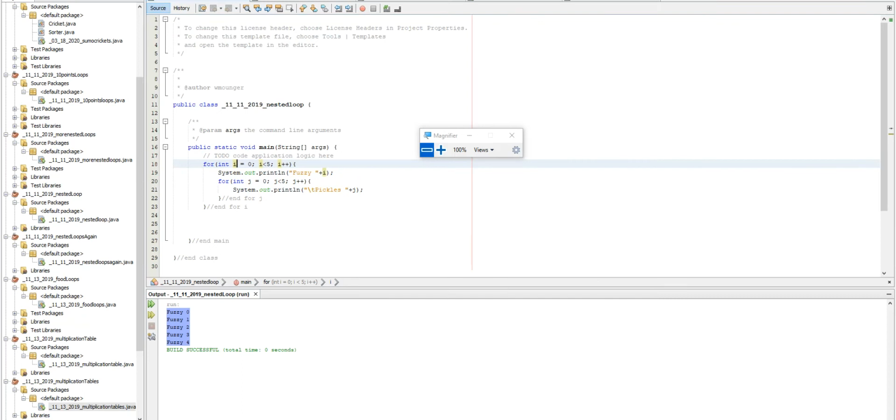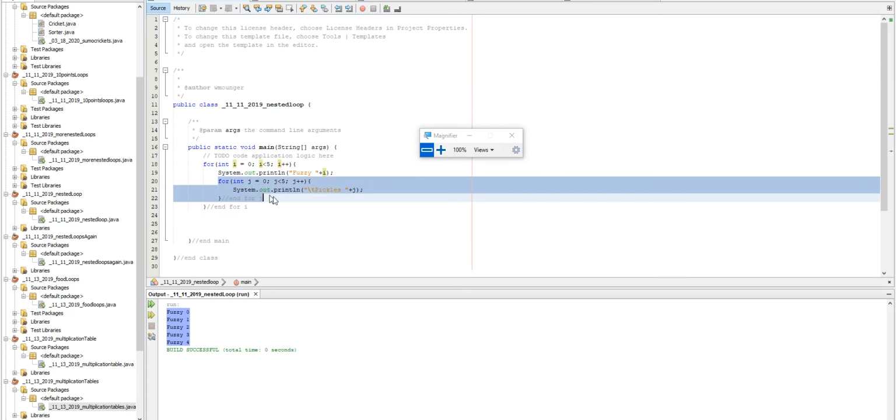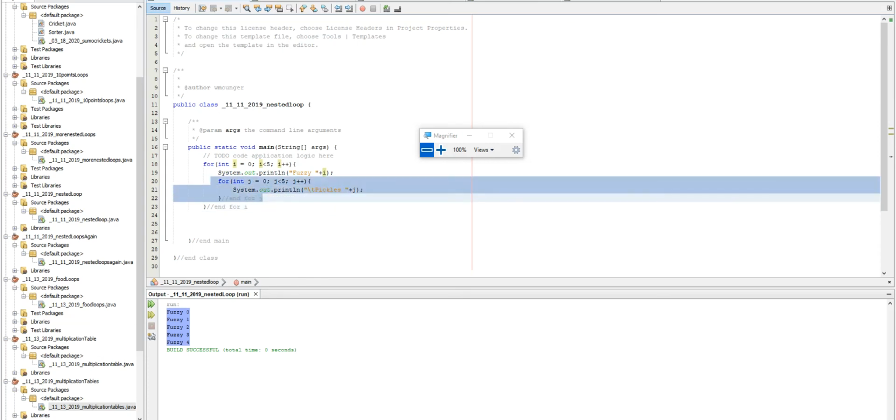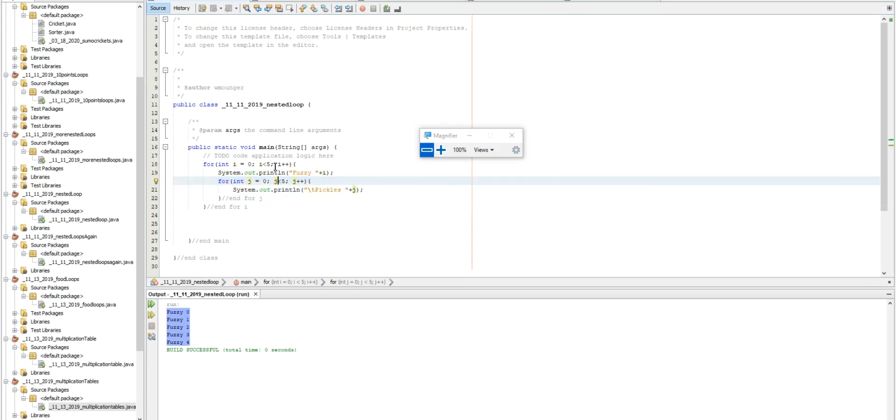Now, we've seen fuzzy. It prints fuzzy 0, 1, 2, 3, 4. Now, when I have a loop inside of a loop, this is going to go 5 times, that's going to go 5 times. The way this works is the inside loop will go 5 times for every 1 that the outside does. So if I just do some simple math, I should get roughly 25 printouts. So if we take a look at this,